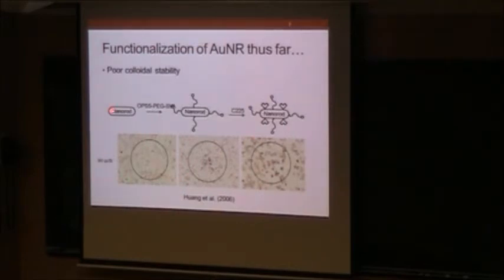They had their bare gold nanorod, and they put, well, this is a specific PEG we used in our lab, but they used MPEG with a thiol group attached to it, and the thiol group sort of binds directly to the gold. And so they pegylate the gold nanorod, and then they attach the anti-EGFR specifically onto the